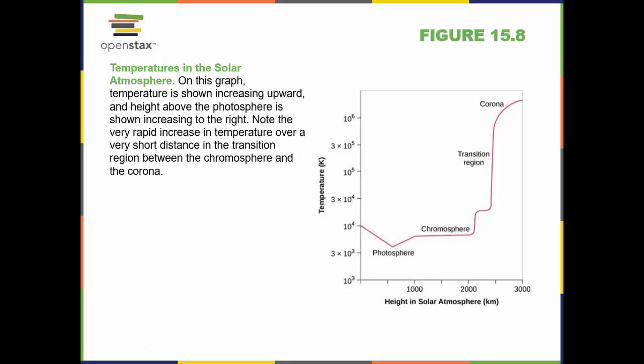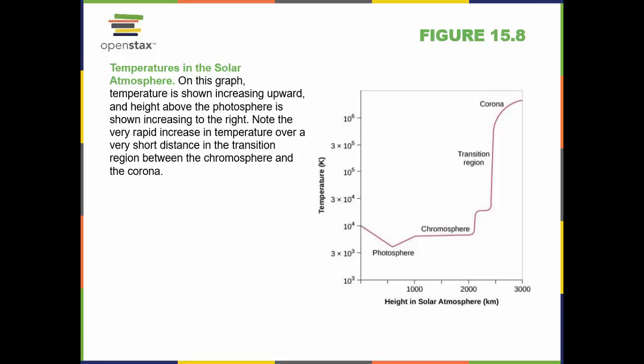cools off a little bit. So we go from about 10 to the 4th Kelvin to about 3 times 10 to the 3rd Kelvin, or about 3000 Kelvin. So here we see that we would get the hot gases rising up and cooling off into this slightly outer region. Then we see the temperature in this photosphere begins to rise, and in the chromosphere, the temperature is reasonably constant, just below about 10 to